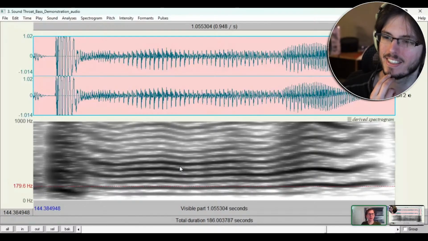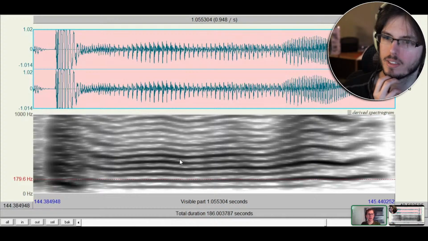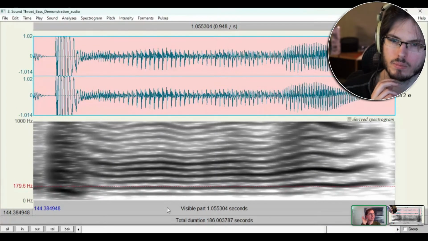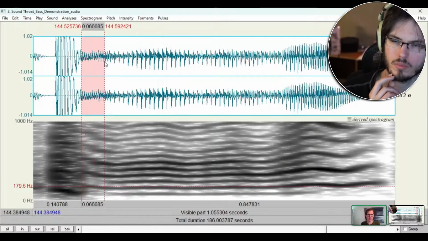So this audio recording, and this is one of the reasons I love this tool, this section, if you just listen to it all this 1 second all at once, it's the word bin, it's bin followed by O, and it sounds like a lot of it has throat bass in it. But if you start looking at tiny little chunks of it, it turns out that at the very beginning, we don't have throat bass.